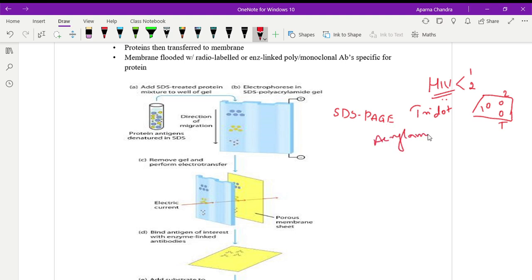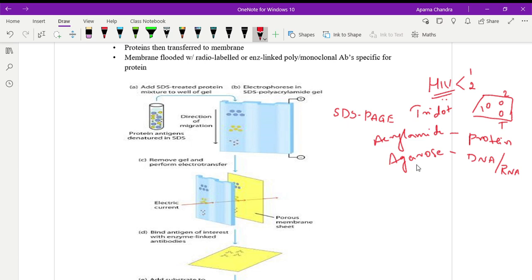There are two different types of gels generally used for electrophoresis: acrylamide gels and agarose gels. People generally have a misconception that agarose is used for DNA and RNA, and acrylamide is used for proteins. Definitely DNA and RNA are generally not run in acrylamide because the results will not be that encouraging. But agarose can definitely be used for proteins.